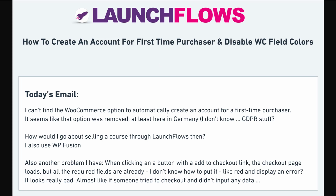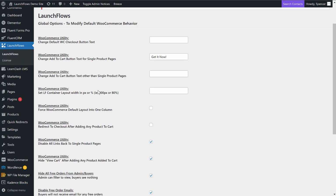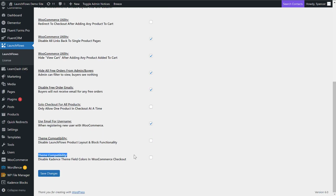First of all, the scary checkout thing looks like this. When you're using the Kadence theme and somebody is brought to the checkout for the first time, they're giving you validation in the form of red and green, but that scares people because they think, wait a second, something's wrong. But in reality, they've just never had the chance to fill stuff out. Fortunately, in a new version of LaunchFlows, we've put in an option to disable these theme field colors in the checkout. Simply check the box,